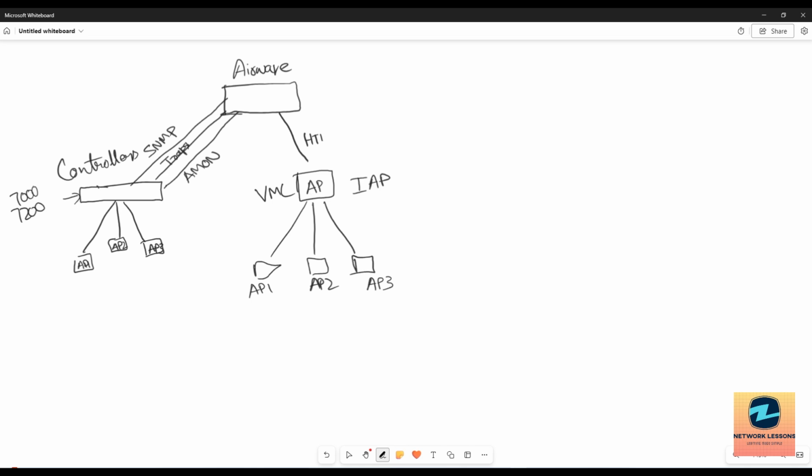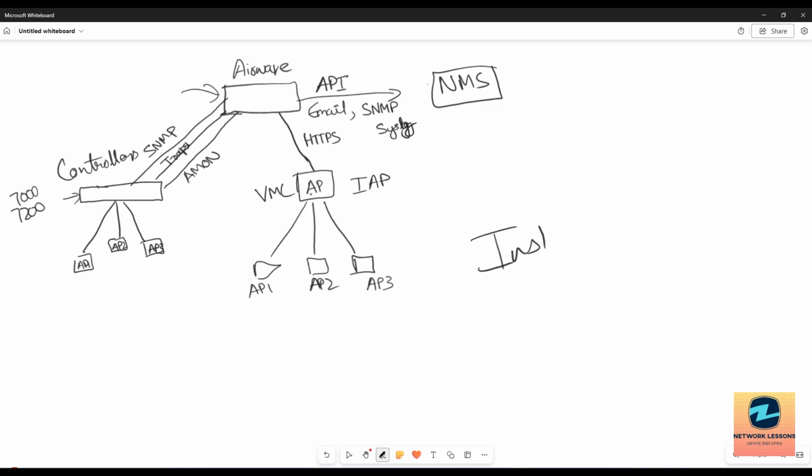So from this you can have HTTPS communication between the Airwave and the APs to share the data across, and the Airwave can use that data to generate reports and the dashboard and proactively give you results of how many devices are connected, the performance, and everything. And then the most important part, you can have the reporting. Using the APIs, you can send these through email, or you can have the SNMP set up here and the syslog. Now you can send this to any NMS software that you're using, and use it accordingly. So that is how the communication would be in Airwave, right? So if that is clear, we will move on to the next part,